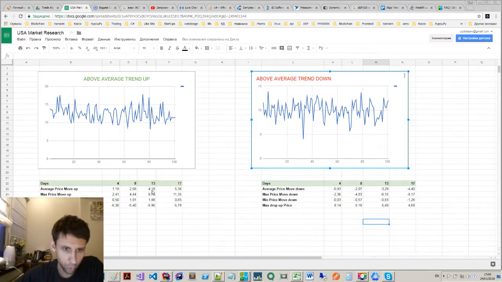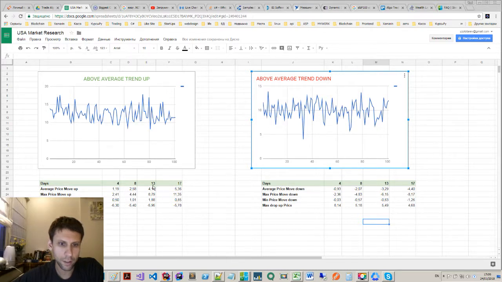So this doesn't include the ones that flipped over after 4. So these don't go here. Okay, so during the 4 bars, this is what could have happened. But anyway,